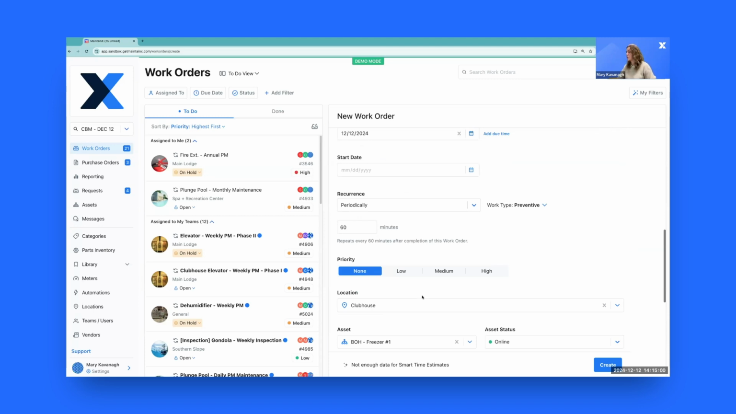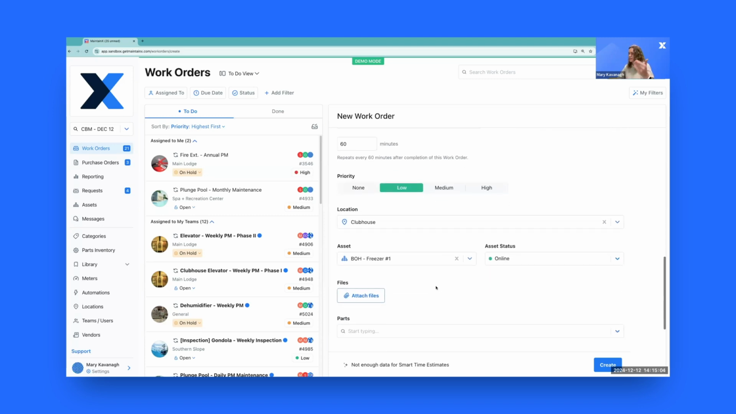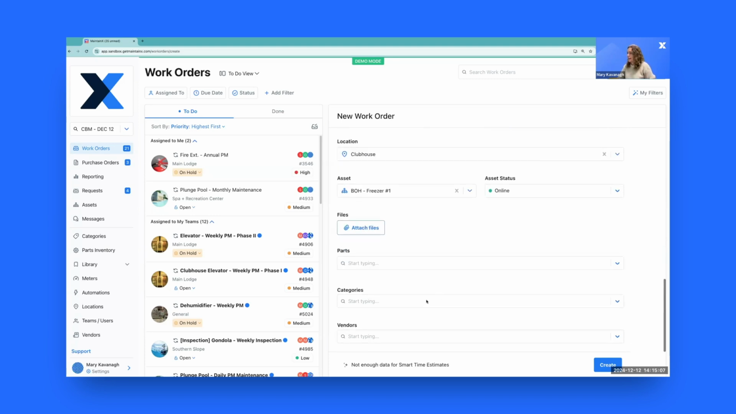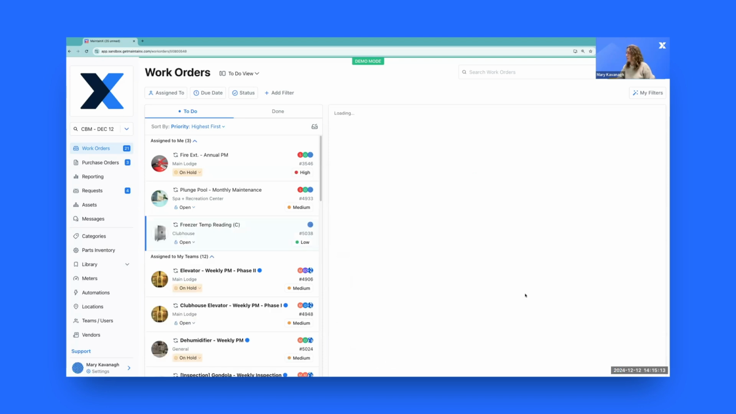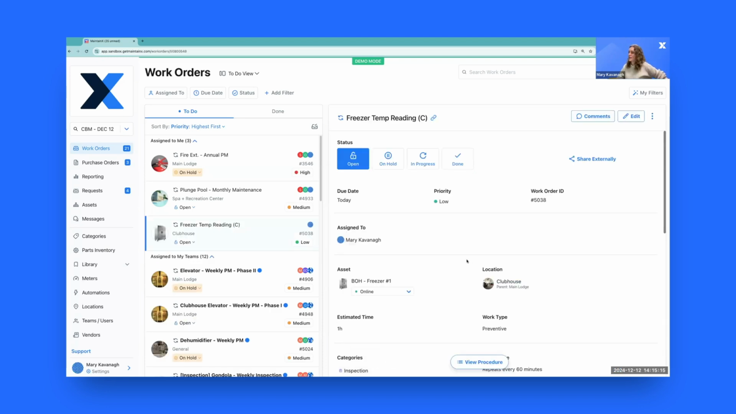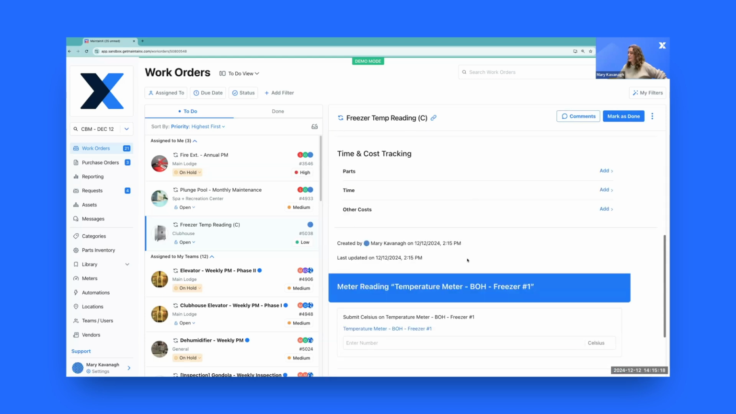I'm very busy with this freezer. This is a low priority task to me because it's a recurring task, always my recommendation. And my category, I'm going to call that inspection. There we go. All right, so I have my meter reading work order, and as you can see, it's pretty